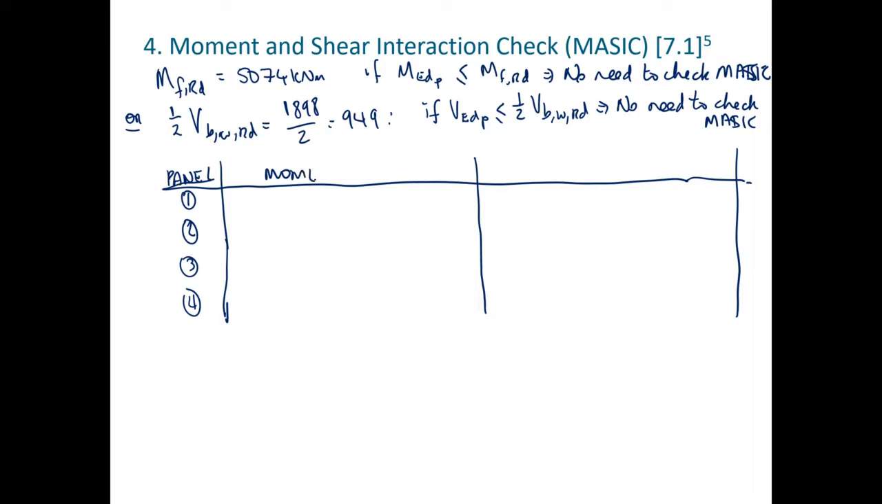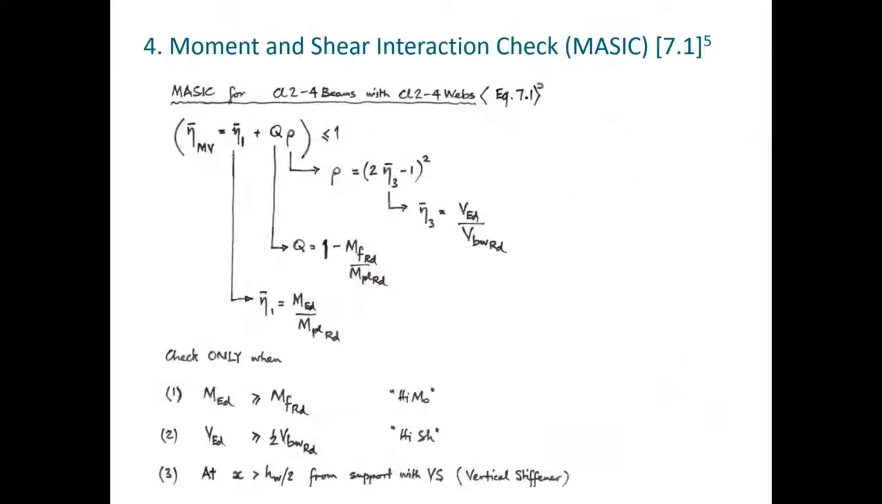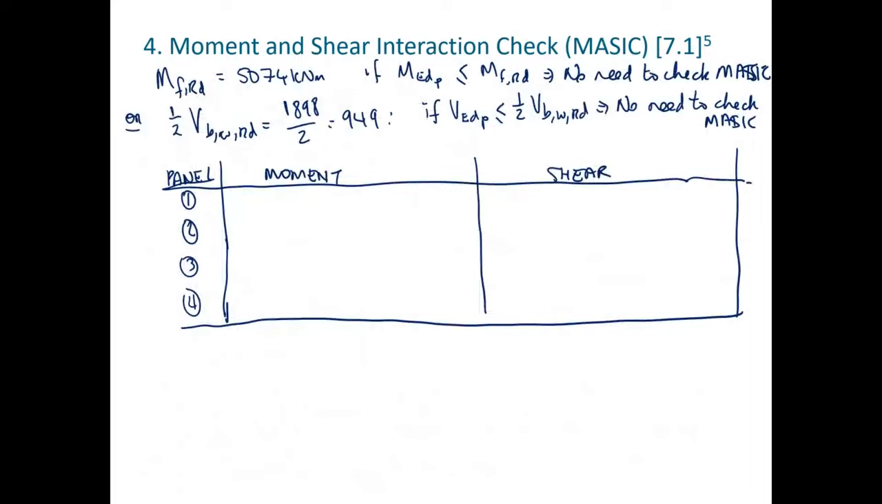Okay, so we have moment, we have the shear. So from our shear force diagrams and our bending moment diagrams, which are back here, we've worked out what the shear force and the bending moment demand is on each of the different panels. So in panel 1, we said that the demand was equal to 2528 kilonewton